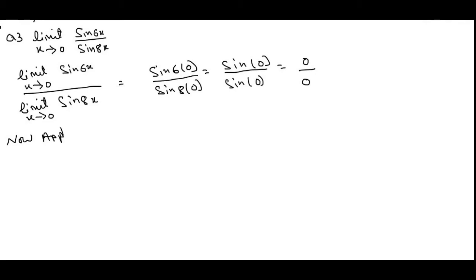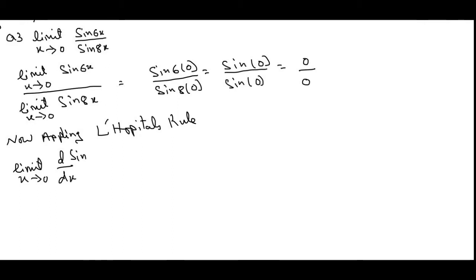Now applying L'Hopital's rule, we have limit x approaches 0, d by dx sine 6x, over limit x approaches 0, d by dx sine 8x. Now we have the differential of sine 6x as, first of all, limit